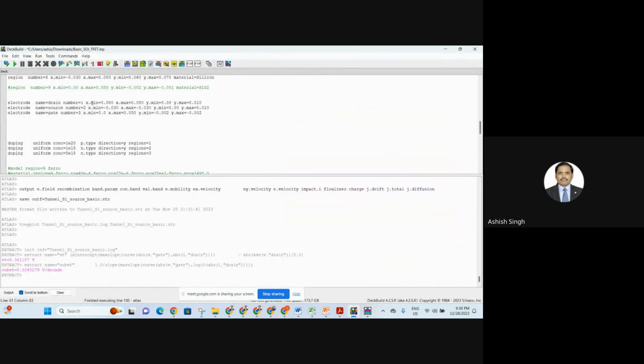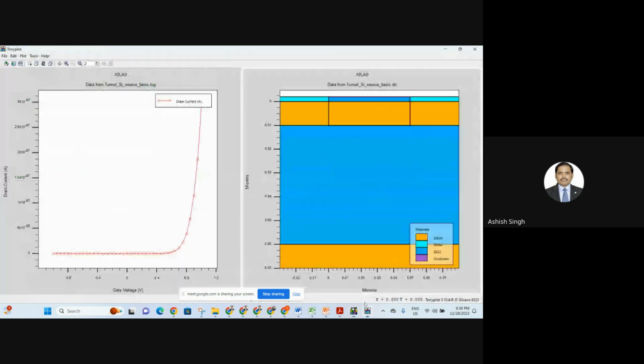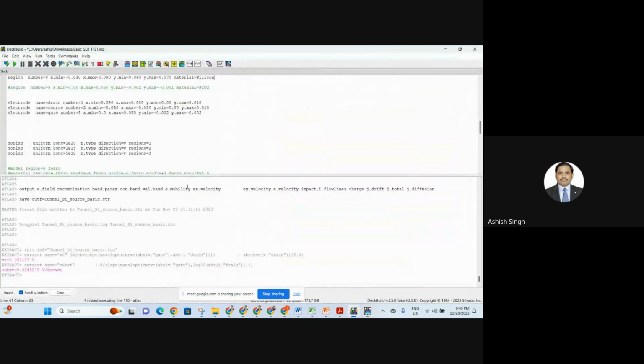So there are two ways you can define it. You can connect the electrode in the y direction, or the other way, you can connect the electrode in the z direction. No problem, no change in output will occur. So in my case, what I have considered